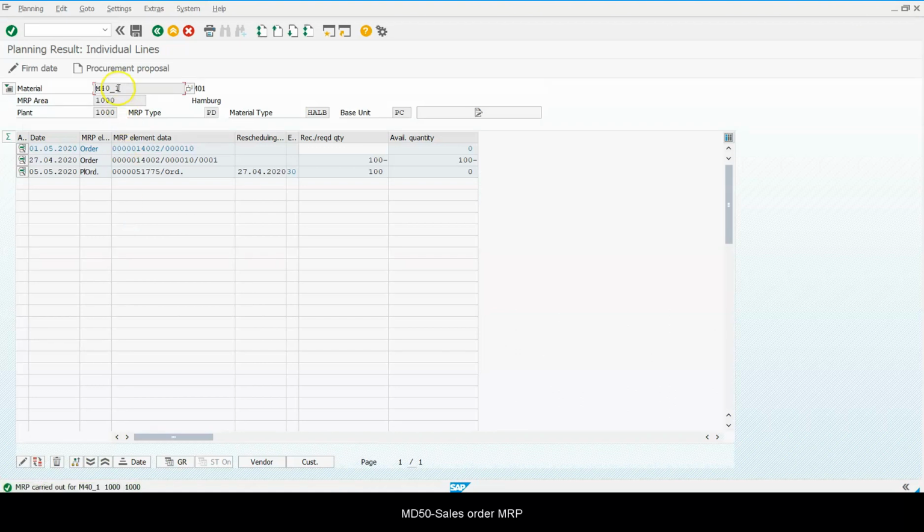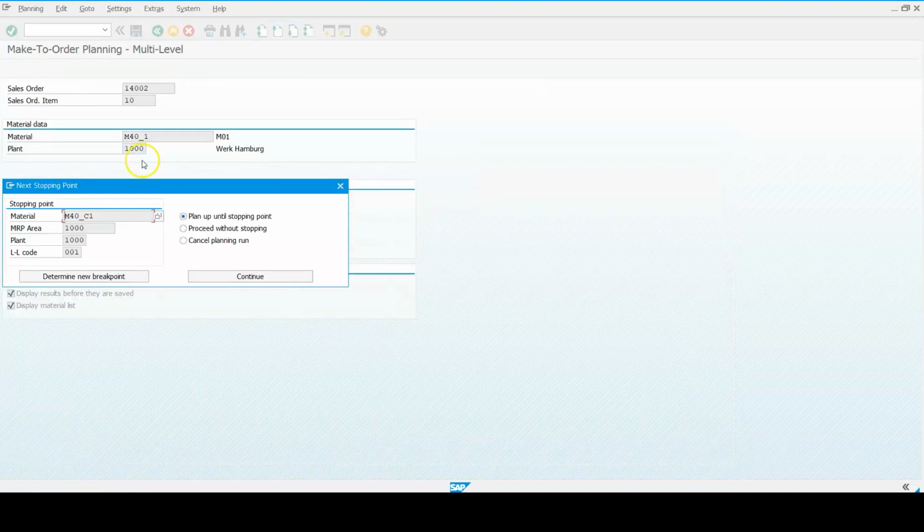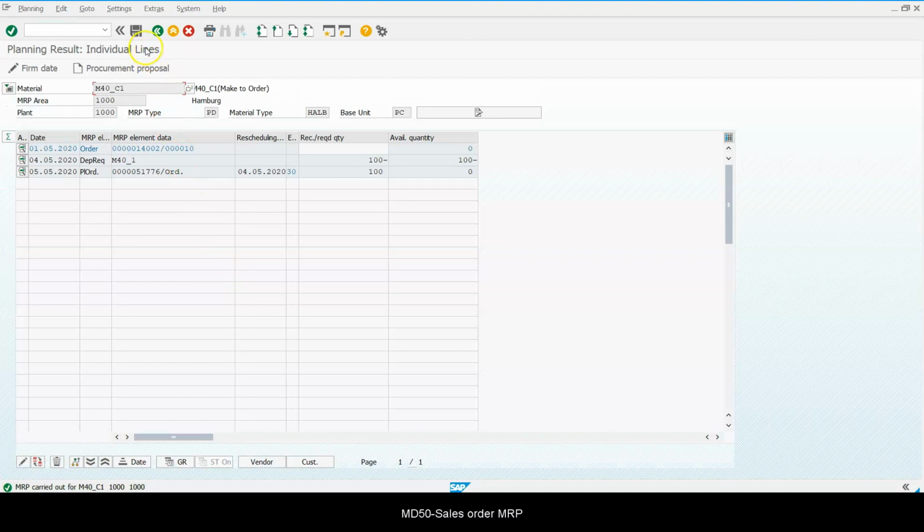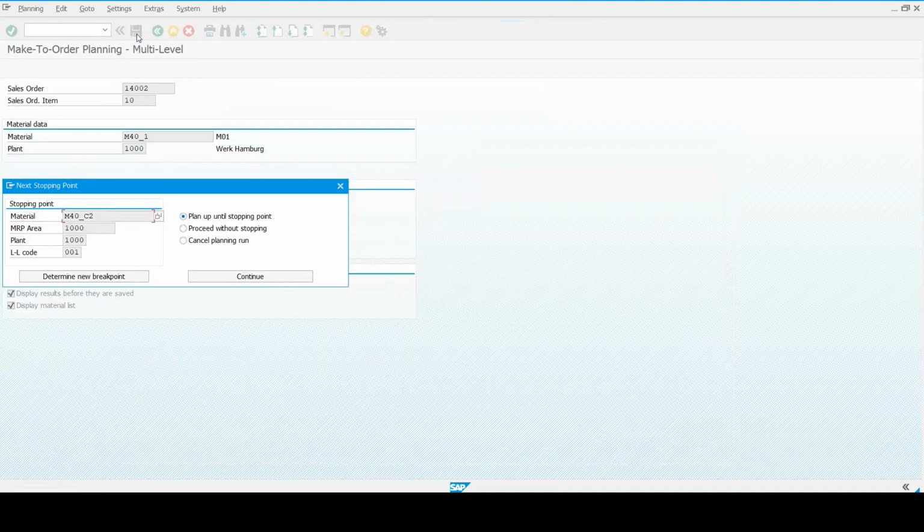The first level, the planning is done for the header material. We can see it is planning for M40_1. Now it is planning my component M40_C1. So this is also planned. And now it is going to plan M40_C2.